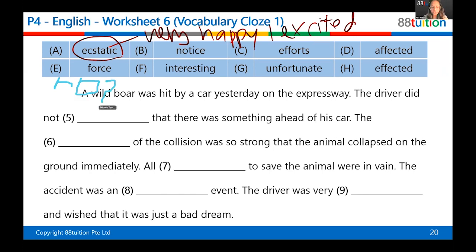Okay, now question 5. The reason why I showed you a wild boar is because that's what this passage is about. So tell me the answer and tell me the clue. Why is that the answer? Anybody? Anyone? No one at all? That is so sad. Yes, Abir? Abir, you need to unmute yourself. I cannot hear you if you're speaking.